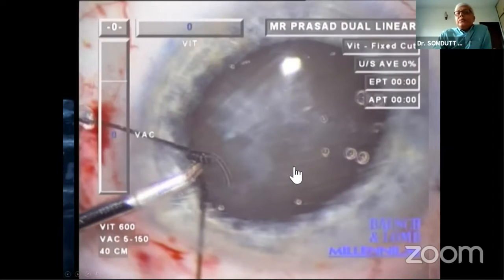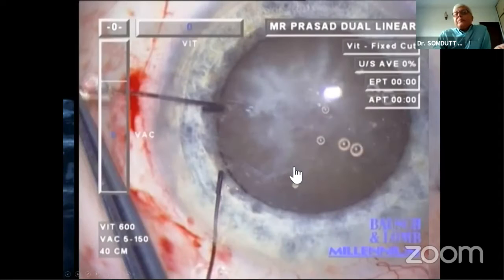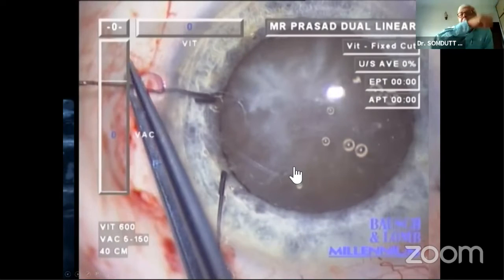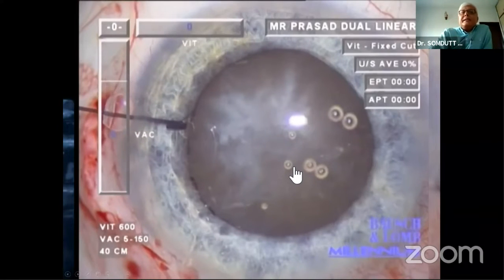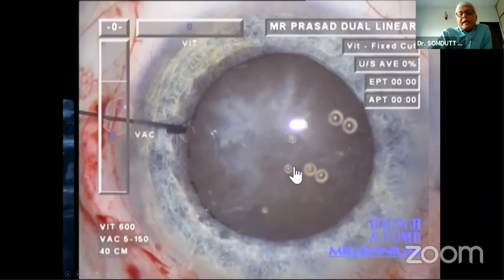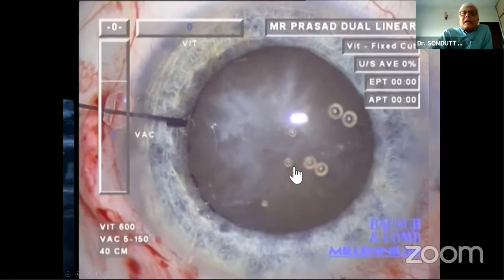It has a long C segment and a smaller thing, and I'm going to engage that with the hook. That's another technique you can use. You've got it temporarily supporting it. You've got a 120-degree segment supporting your zonular loss area. And this is now a fairly stable system, or so I think. I'm quite happy, I start my phaco.